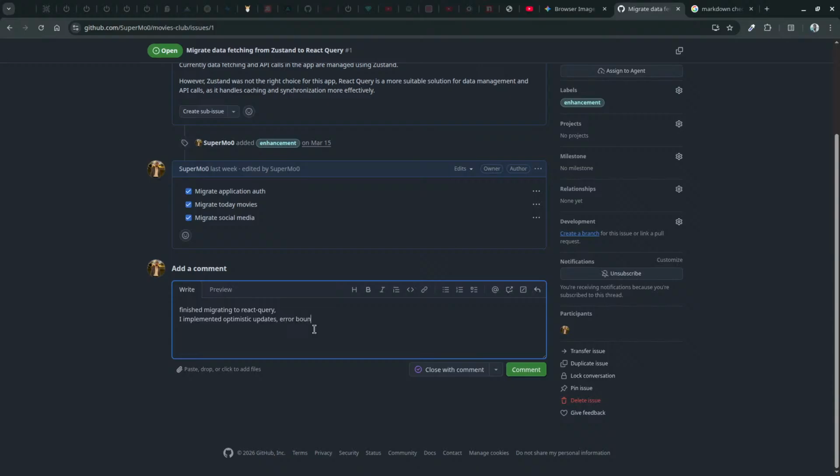React query error boundary and show command.